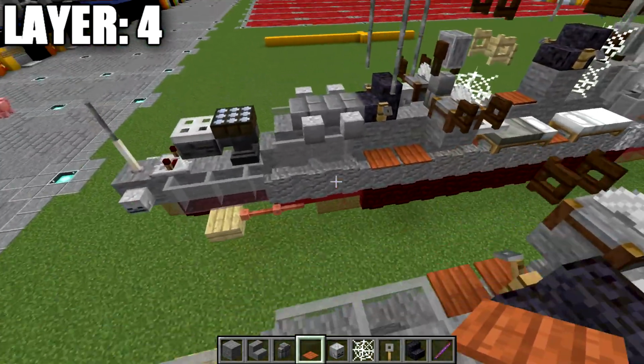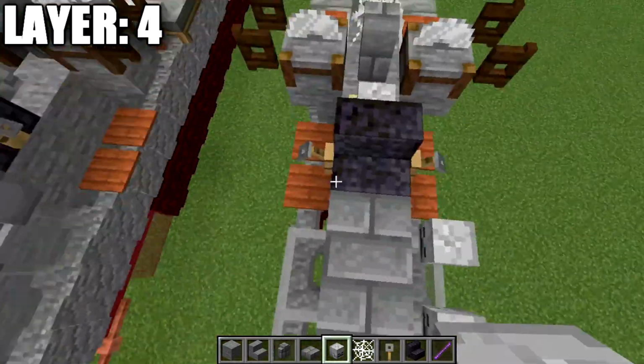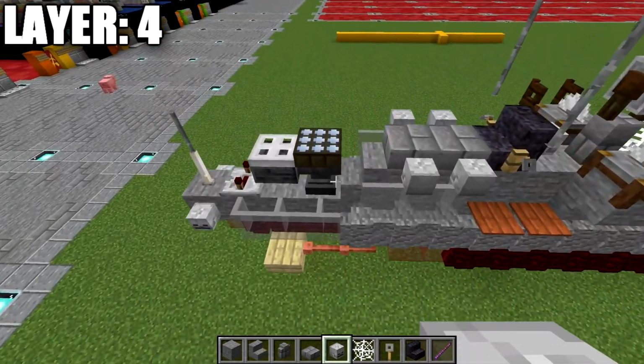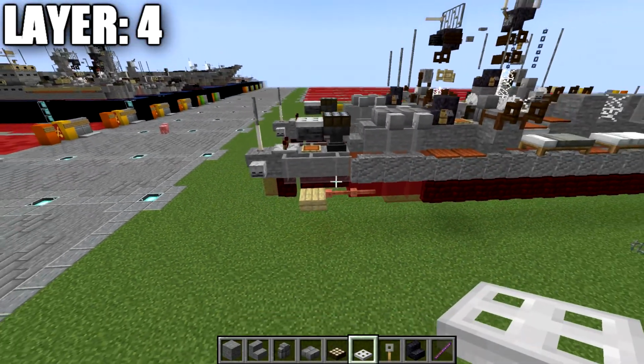Once that's done, we're going to go ahead and place down 2 stone brick slabs going down the center here, and then daylight or skeleton skulls on the glass panes to the sides like that. Once that's done, on top of our missile launcher here on the back, we're going to place down a daylight detector, turn that to night mode, and then an iron trapdoor that goes back from like that